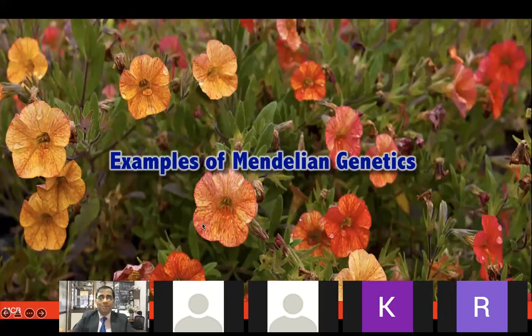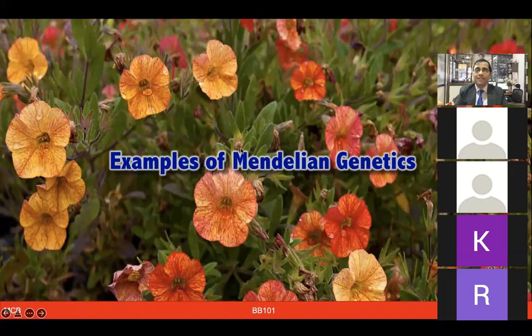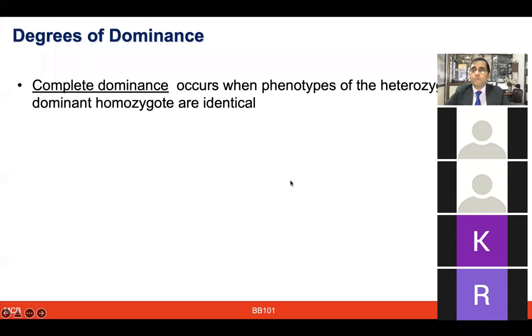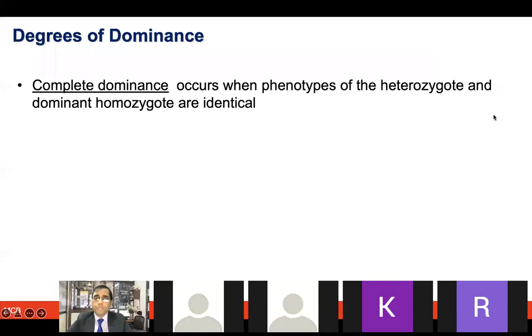All right, so after looking at those crosses, probably you're more refreshed with this animation. And let us now discuss some examples of Mendelian genetics. So what we are looking at so far is complete dominance, which you have seen in the heterozygote, where some characteristics are hidden, and one could look into how they get segregated, but still they are going to show up